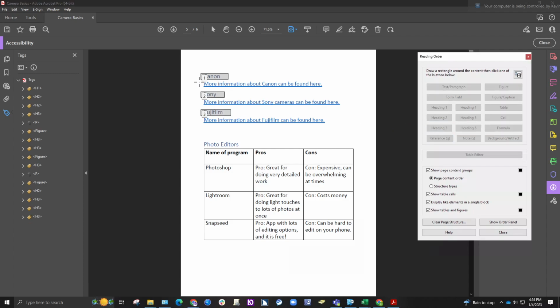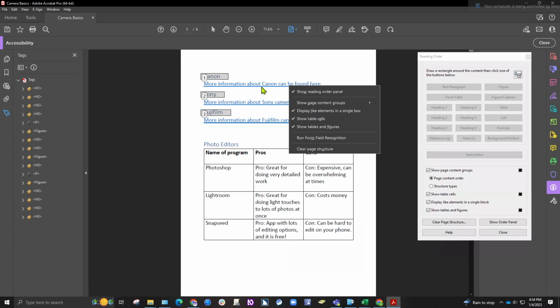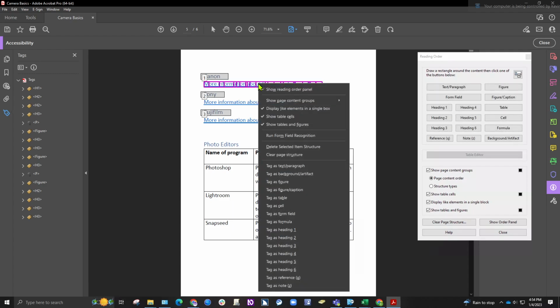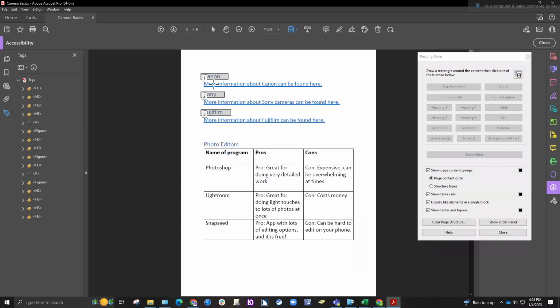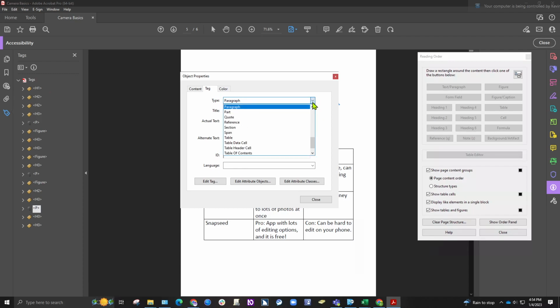And then for this is text, but it's also a link. So what we want to do is we want to be sure that this is actually linking to where it's supposed to. So what we're going to do is, one second. Let's do this. We're going to select that and put it as text paragraph, but we're also going to come down here to the right side, and we're going to say properties. We're going to say link,